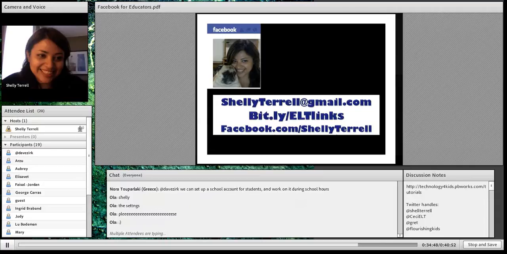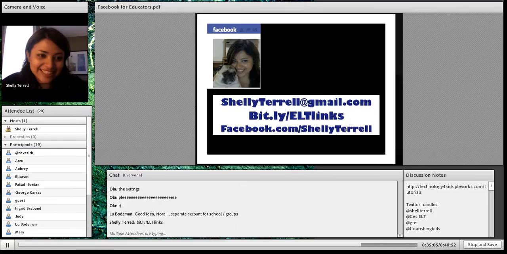Okay, so the settings, that's very, very important. So that's what we're going to look at right now. I'm going to stop sharing this. You have the different Facebook, and at the bit.ly address, it actually shows you different types of places that you can, actually, I'll go to that website right now because that will show you the actual settings and things like that in another session, okay?